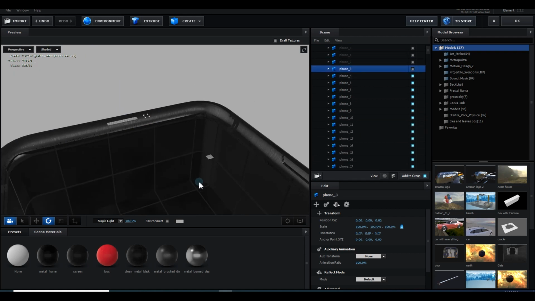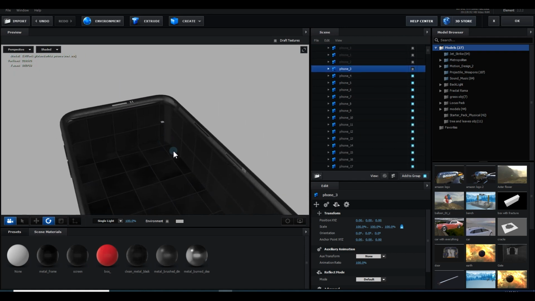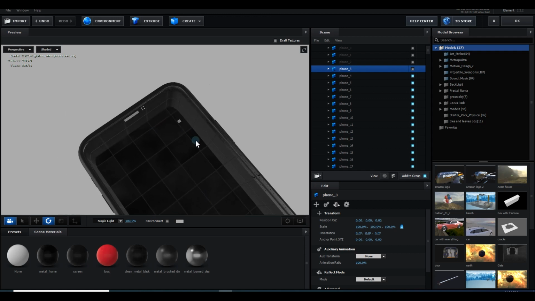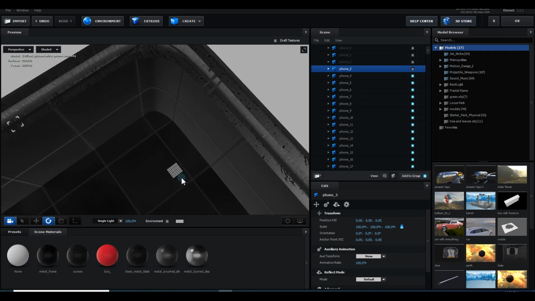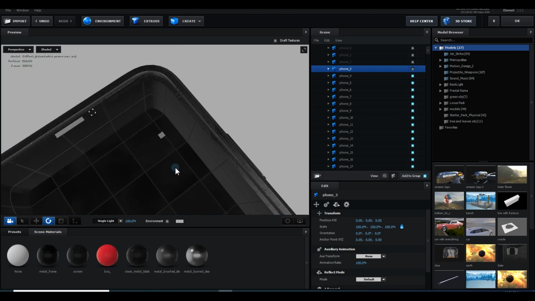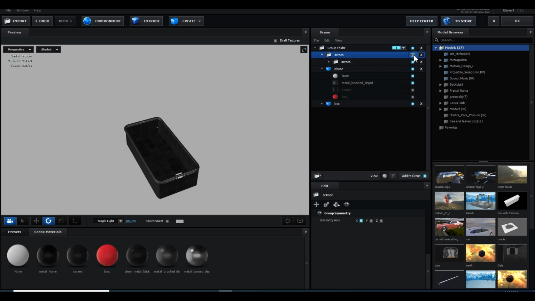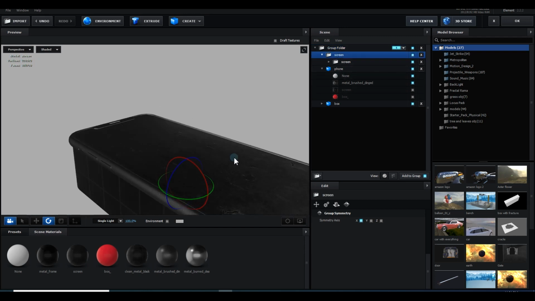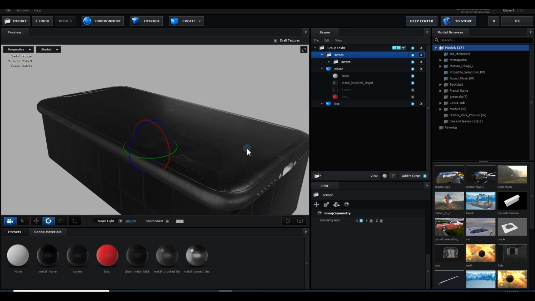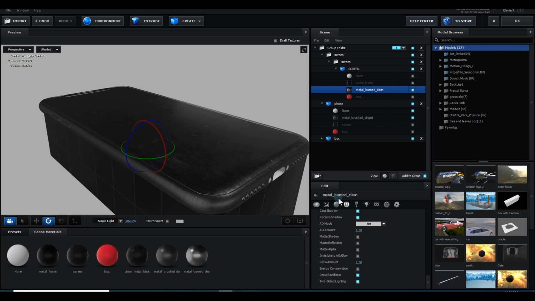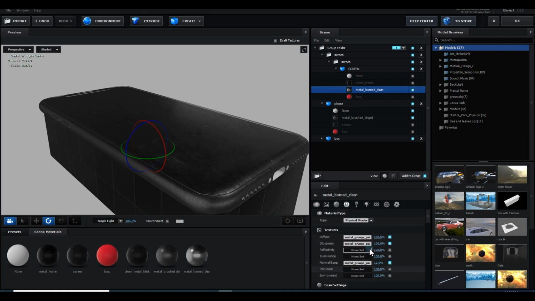So I'm leaving these two on because maybe we will hide them from other objects. There are tiny objects which I don't want to spend too much time removing. You can see. So now let's go back to the material and let's enable our screen. Good. Now let me make it a little bit better screen. So go to the screen and select this metal one, and now let me customize the material. So go to the glossiness and bring it down.